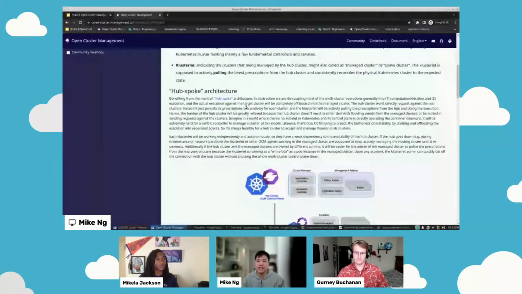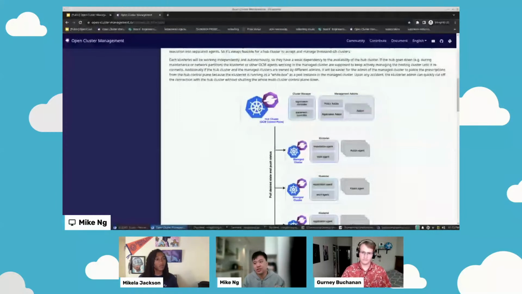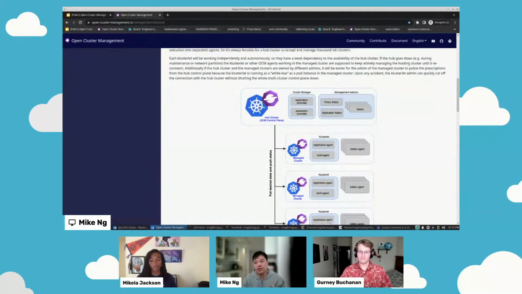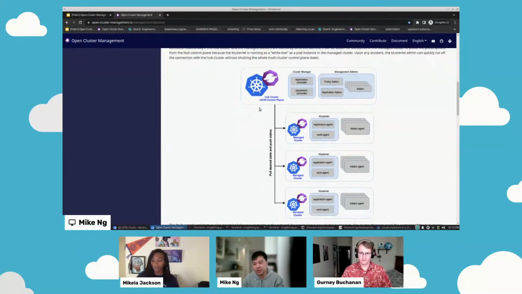So Open Cluster Management is more of a pull model, where the spoke or managed clusters are looking in the hub for work or the manifests that need to be deployed, bringing them down to the managed and spoke cluster side and applying them.